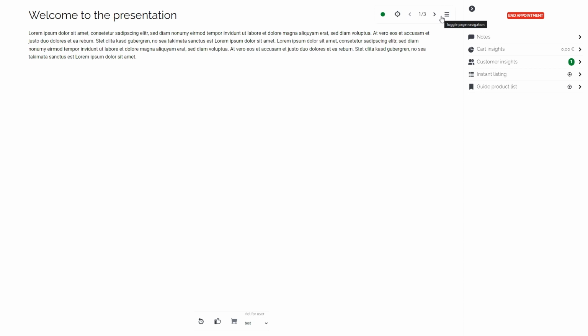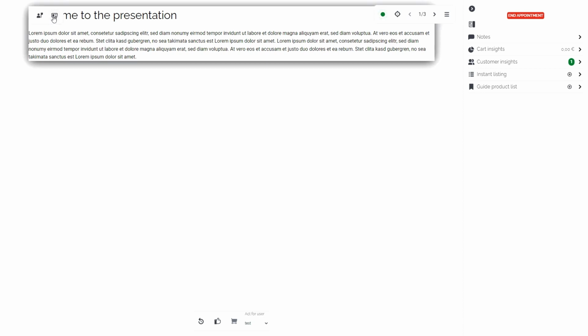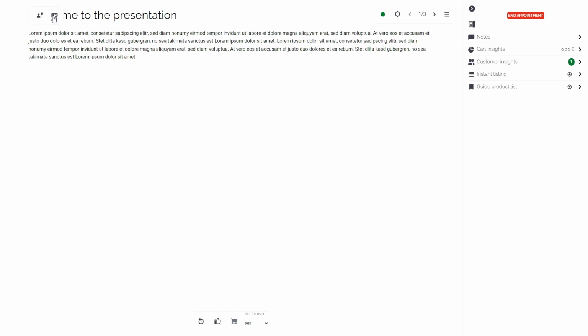Within the presentation, so detached from my layout pages, I can highlight parts of my presentation at any point. This is the highlight button. Or I can bring my customer to me. This is this Get User. That means I drag or focus the view of the customer to the place I select. In this case, it would be our start section here.